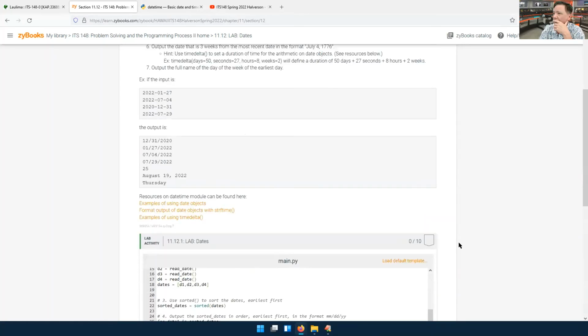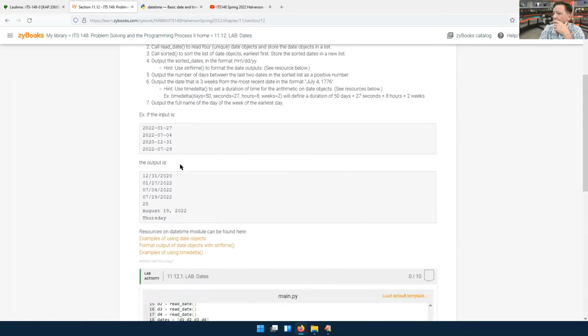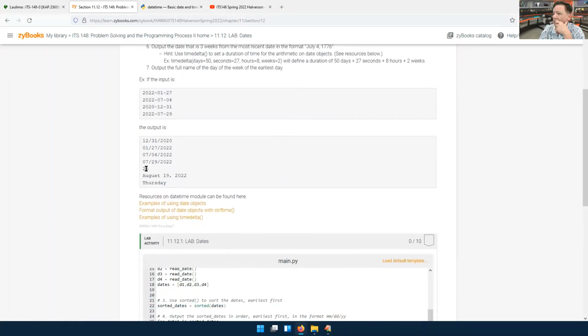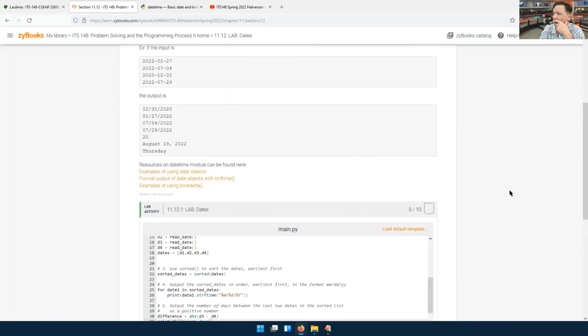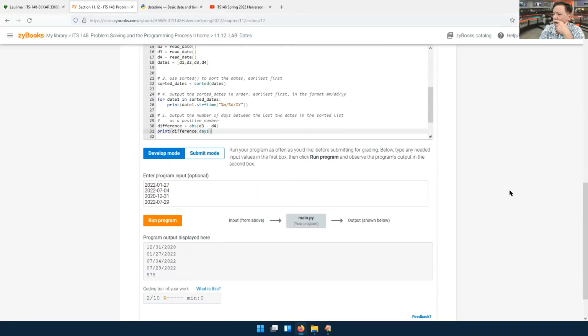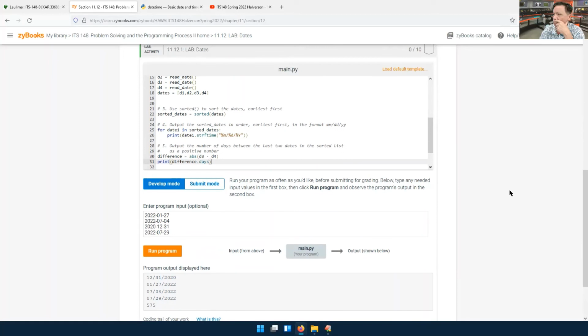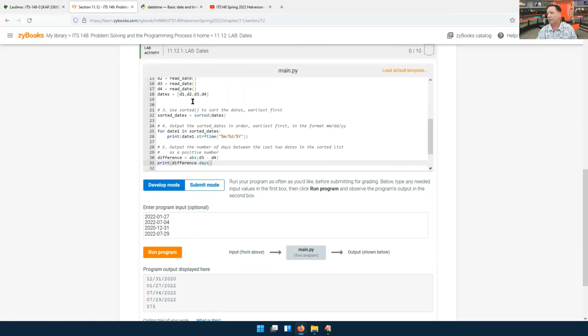It gave 575, is that what this is? It should be 25, and I said 575. Oh, it's sorted. So it's not D3 and D4, it's sorted. The difference is